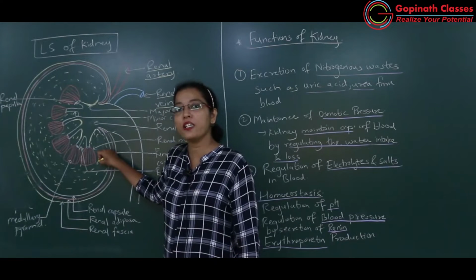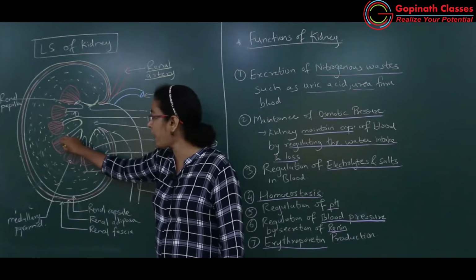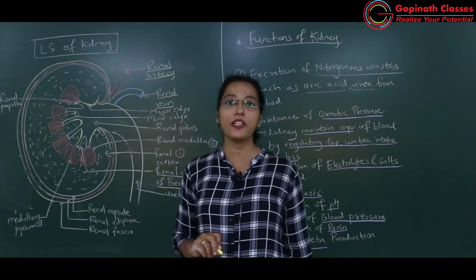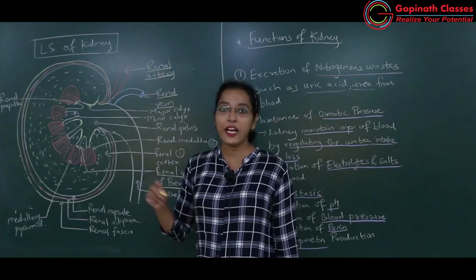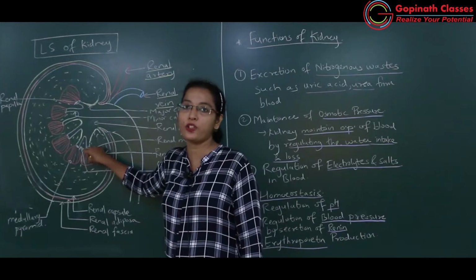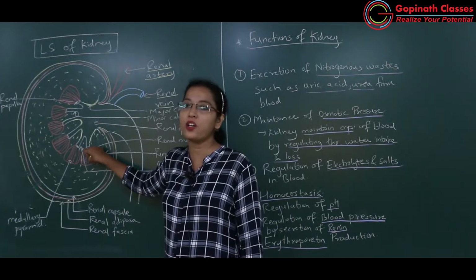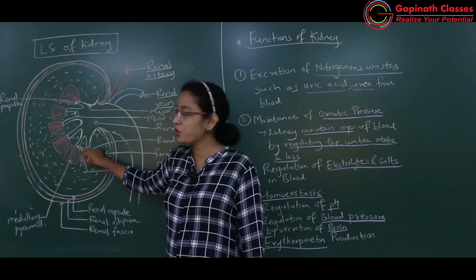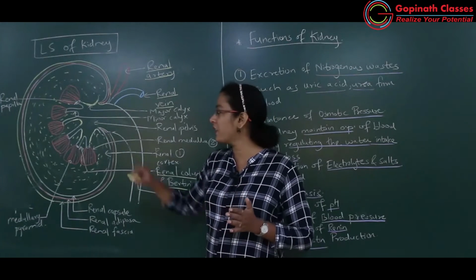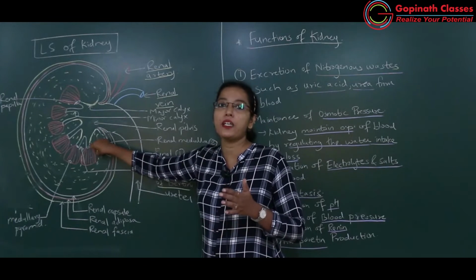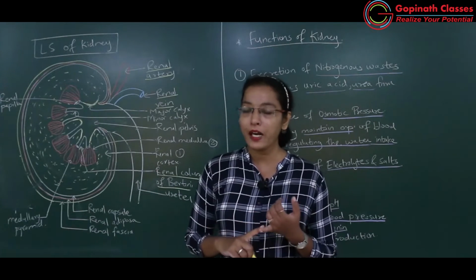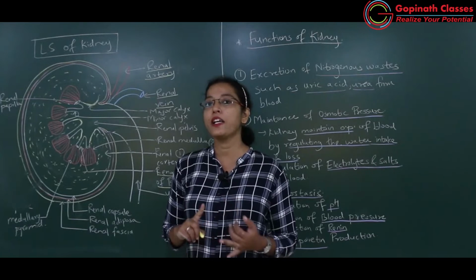Okay, medulla part of the kidney is having medullary pyramids. And how are these medullary pyramids? These medullary pyramids are appearing like straight lines. Okay, why? Because it is having the loop of Henle of the nephron and collecting tubule of the nephron. Got it? So that's why the renal medulla will appear light red or else pale red in color, because coiled part is not there, glomerulus is also not there in renal medulla.